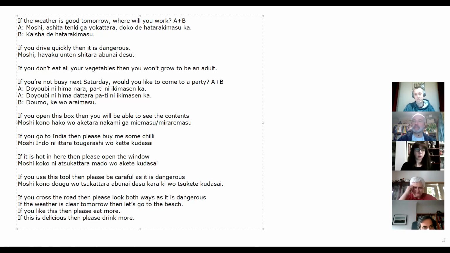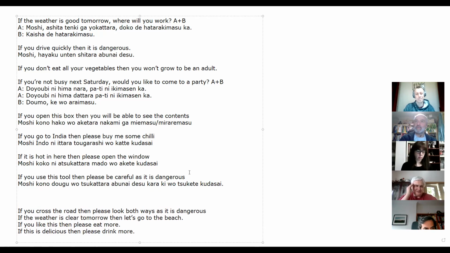But this is a trap, isn't it, this one, guys? Yeah. You're using the tool, so you have to use the narrow form. Yes, exactly. Yeah. So, Nazca, how would you make this correct to say, if you're using this tool, before you use it, please take care because it is dangerous. Not moshi. Yeah, for nara, we don't really need moshi. If you put it in, it's not a mistake, but it's kind of redundant. この道具を作るなら